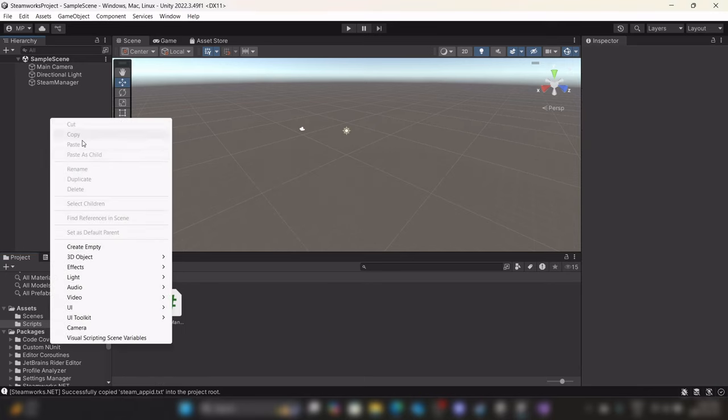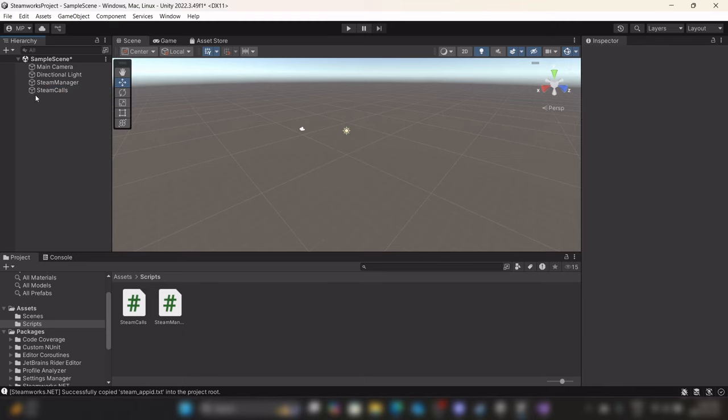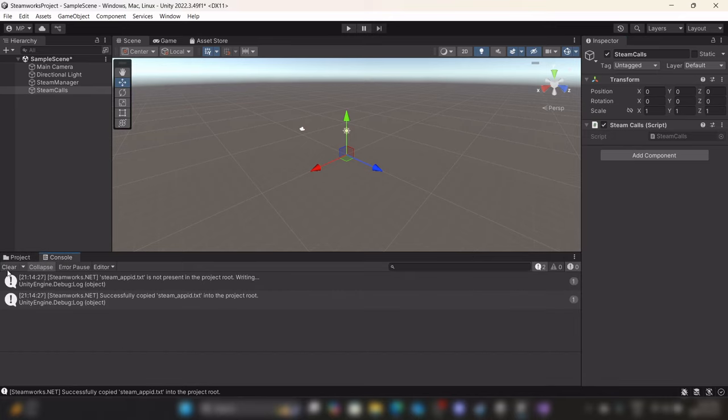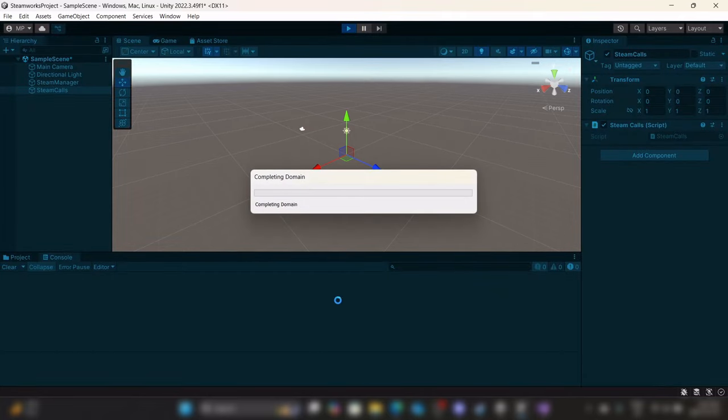From there, let's create a new game object here for our Steam Calls, and attach the script to it. So everything works. As I hit play, it should pull my persona name here,